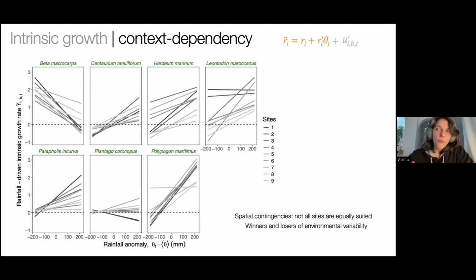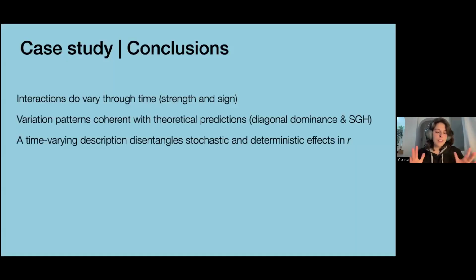So basically, if you combine the effect of rainfall plus this stochasticity, you obtain species that are winners and species that are losers of this environmental variability. And so far, we have just characterized the interactions and the intrinsic growth rates, and we have found that they do vary in strength and sign. And this variation pattern is coherent with some theoretical predictions, because since we have a model, we can